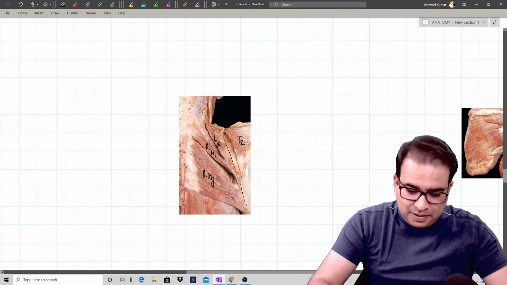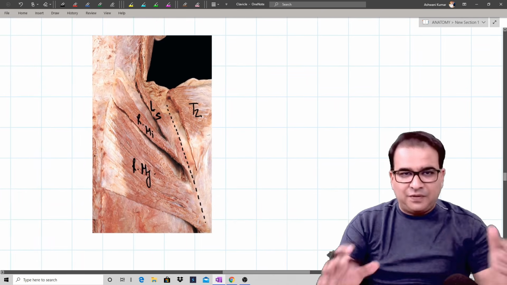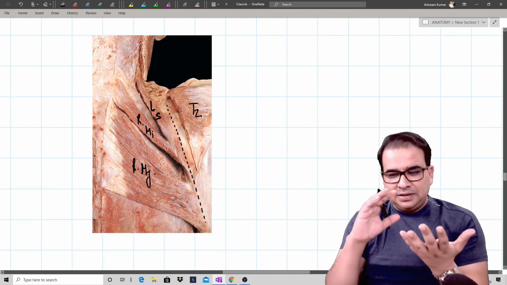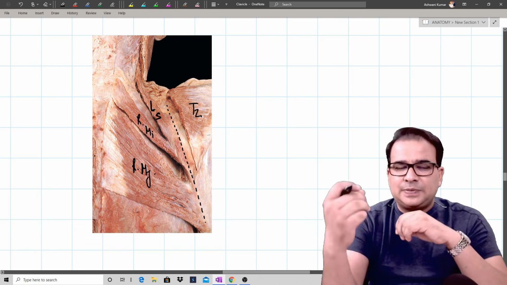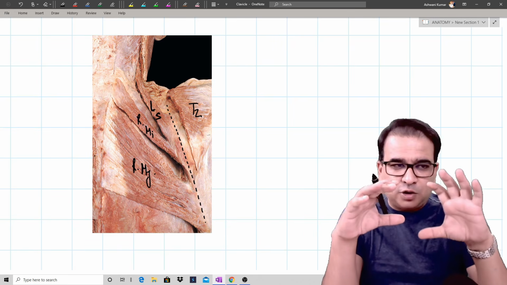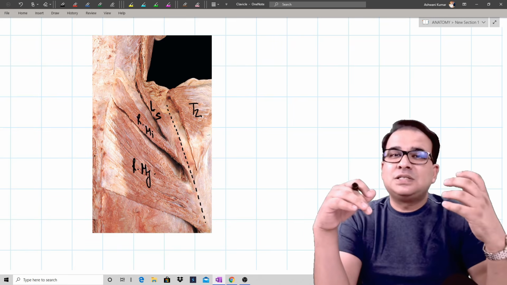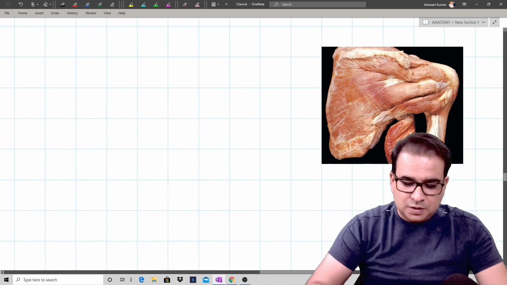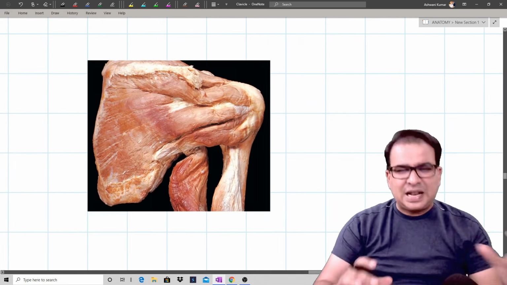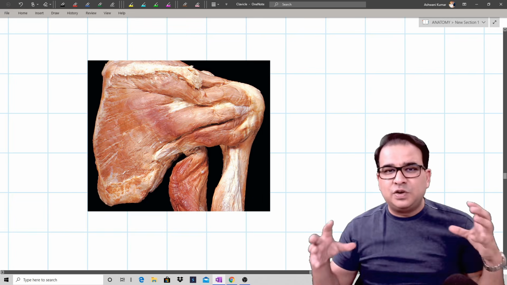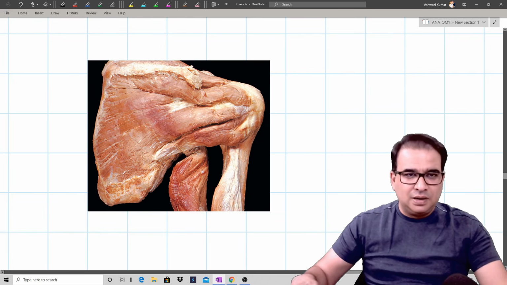And for that, if I turn this over and look at the muscle from the anterior aspect, the muscle that you saw originating from the anterior or costal surface of the scapula, that was the subscapularis muscle, which looks something like this. It looks like many muscles are there, but it's one muscle only. It is converging so heavily onto the lesser tubercle.